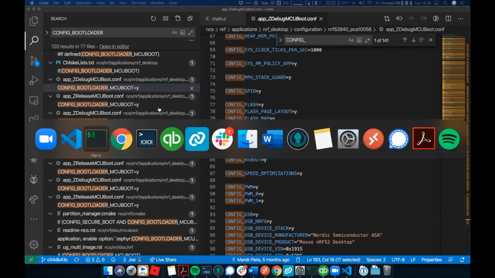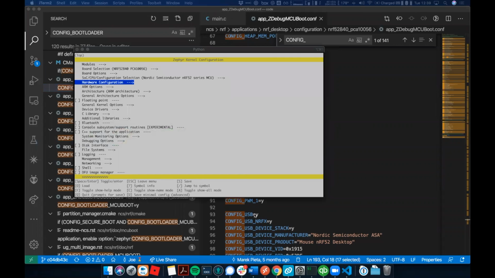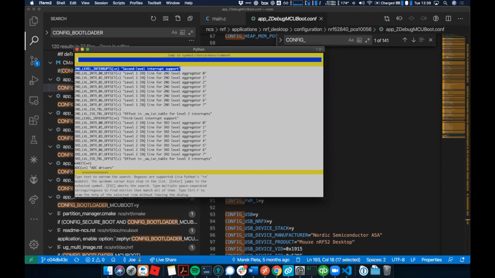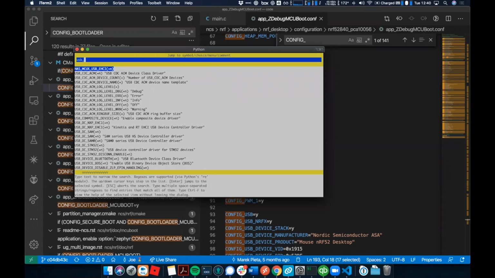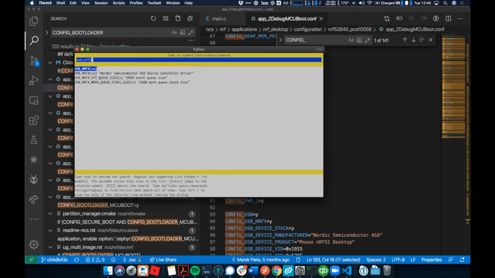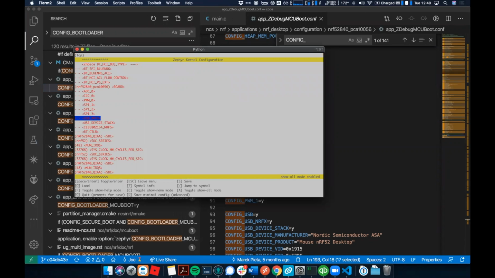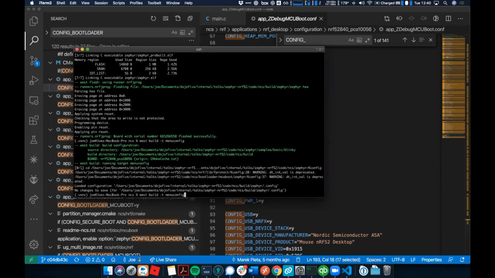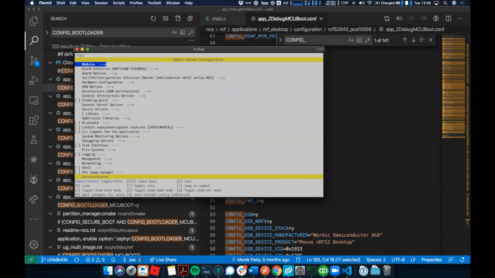And one of the nice things I've found is sometimes you'll be in code and you'll say, well, I don't know where in the world in this menuconfig USB NRFX is, but I know I want it turned on. You can hit / and then you get a search, and you can do USB NRFX, and boom, I don't care where it is, but now I know where it is, and now I know how to turn it on. Now in this case, things are showing red, so that means some prerequisite is not enabled, and so sometimes you do have to figure out where you are and what you want to do. But in this case, I think what we want to do is enable the console